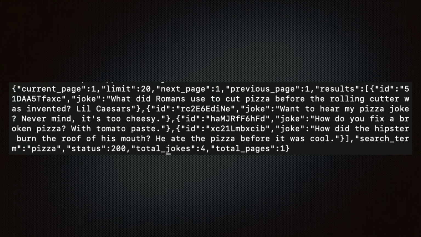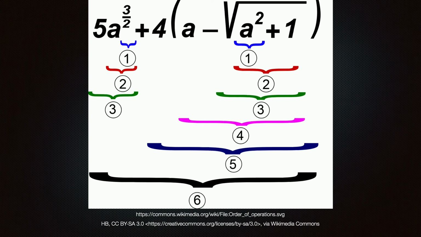Remember our API call that returned JSON? It looks pretty gnarly, doesn't it? JSON stands for JavaScript Object Notation. While it's associated with JavaScript, it is a very common format for throwing data around the interwebs, regardless of what language you're using. From either scripting or algebra, you're probably familiar with parentheses.